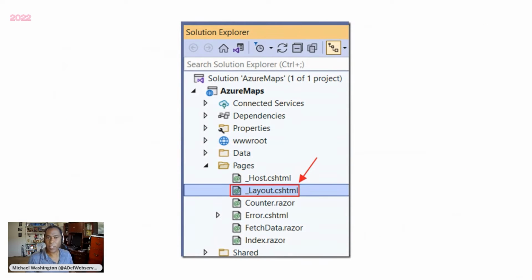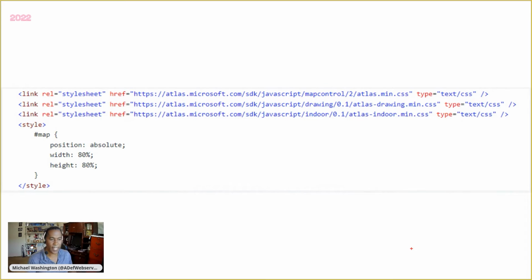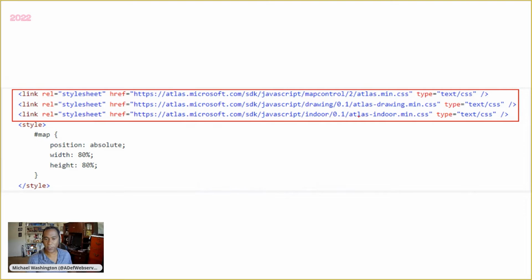In Blazor, you add the configuration for CSS files and JavaScript files in the layout HTML page. So we're going to go into there, and we're going to add our cascading style sheets. These cascading style sheets, as you see, are required by Microsoft. Our control will be using this to display the maps, but this is required.